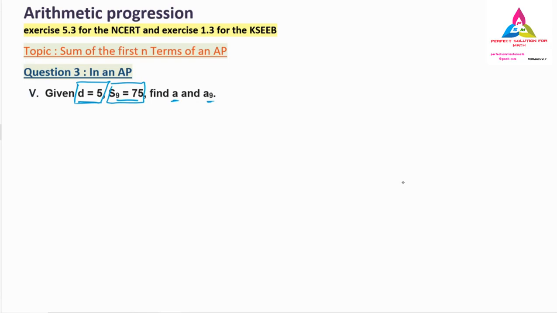So in this case directly you have to go for the Sn formula. Why you have to go for the Sn formula? Because they have not given any an for us, like a5 or a9, they have not mentioned, they have given S9. If they have mentioned a9 is equal to some value, that time we have to go for the an formula. If they have given Sn is equal to some value, for example here they have given 75, then what we have to do now? The Sn formula we have to substitute.